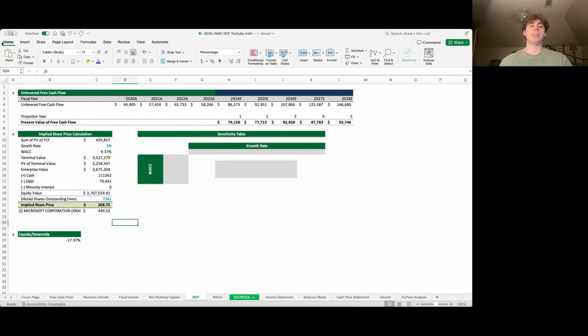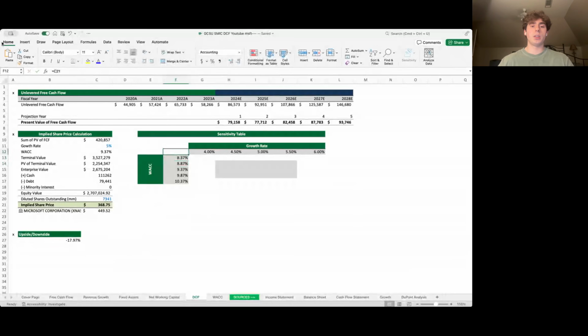Hey guys, this is how to create a sensitivity analysis table. So if we were to change the WACC assumption and the company's growth rate, it'll show an implied share price reflecting these different changes. So we first input the implied share price right here. Next, we go to the growth rate, and right in the middle, we put the actual company's growth rate. So this is 5%. We're going to move up 0.5%, so 5.5%, 6%, go back down 0.5%, so 4.5%, 4%. Same thing for the WACC values, the actual WACC figure right in the middle, 9.37%, 9.87%, 10.37%, 8.87%, and